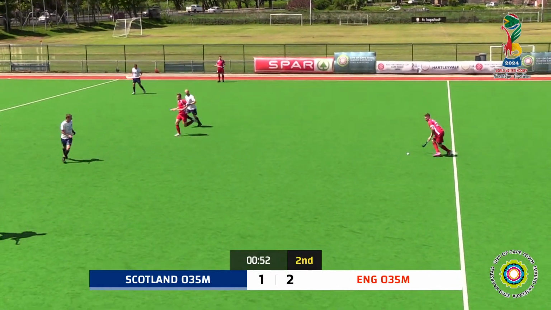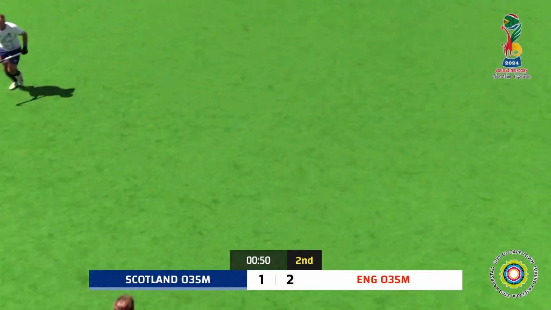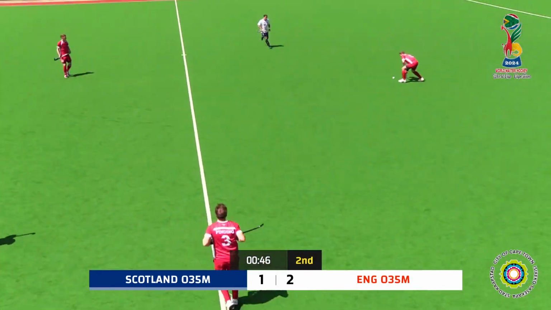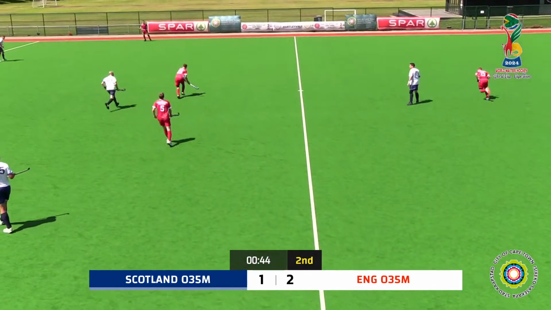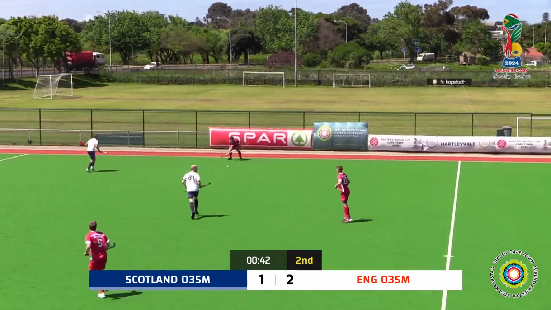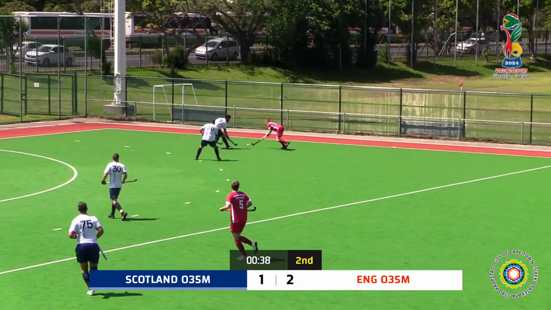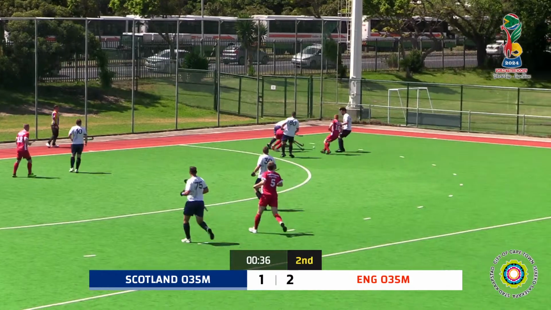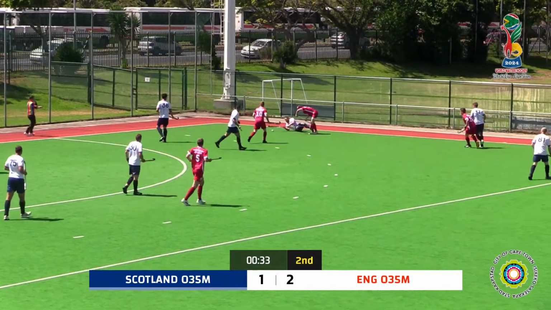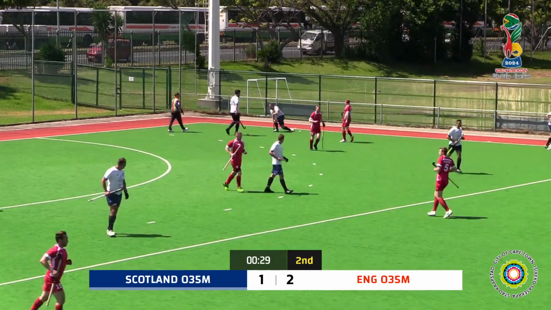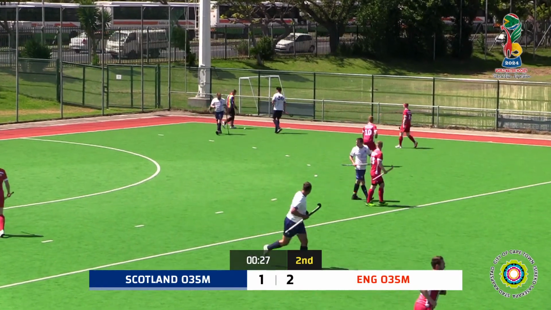They feel again just a little bit rushed. It's almost like they're not comfortable with this player number 10, 11 rather, of Bobby Rolfe, hanging up high, causing issues for this English transfer. But here we go into the circle. Great step from the Scottish defender, and he will win the free hit. With just seconds left on the clock,